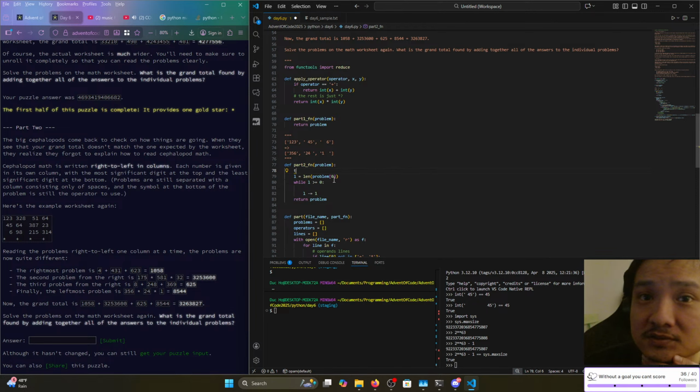What they call this? Right to left problem. So let's call this right problem. Right, and then we just return right problem, right? So now